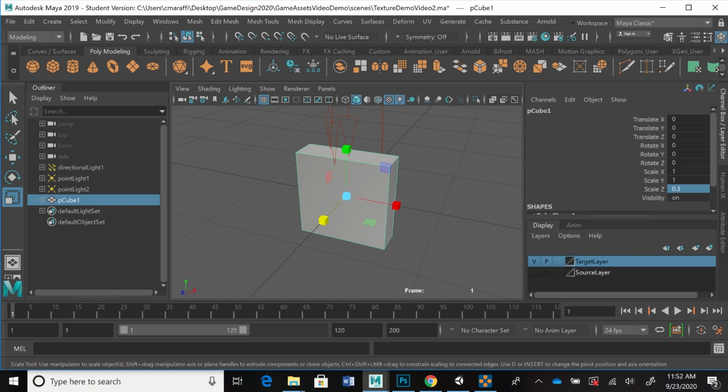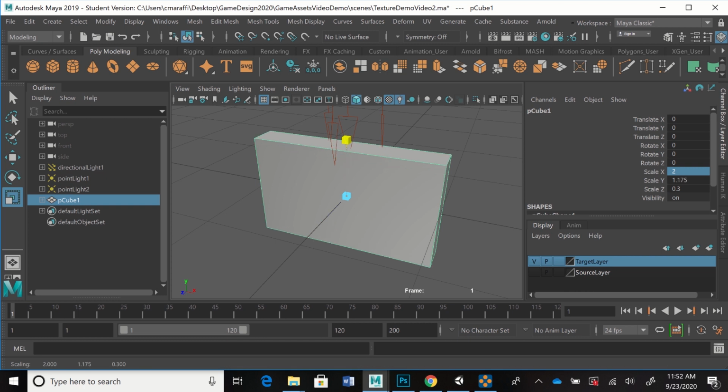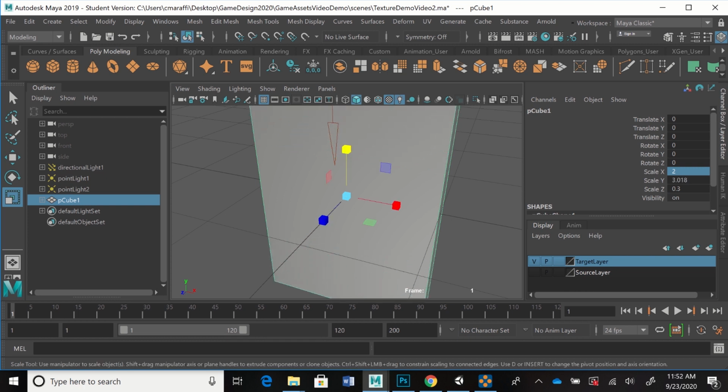This is going to be kind of like a heavy metal door, so maybe it's a little thicker than most doors. And then I'm going to scale it in X a little bit, and let's maybe make that 2. And then I want to scale it up a certain amount